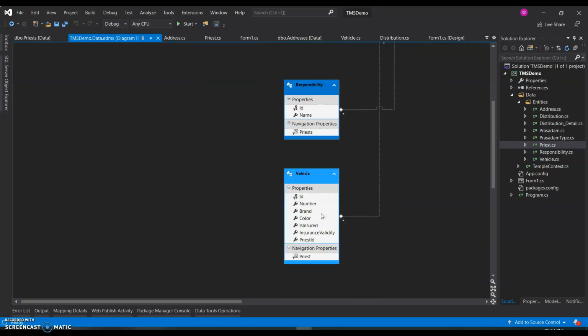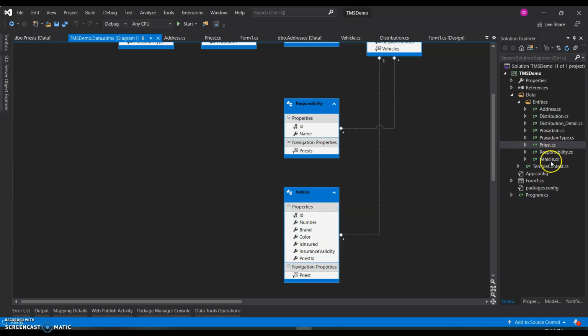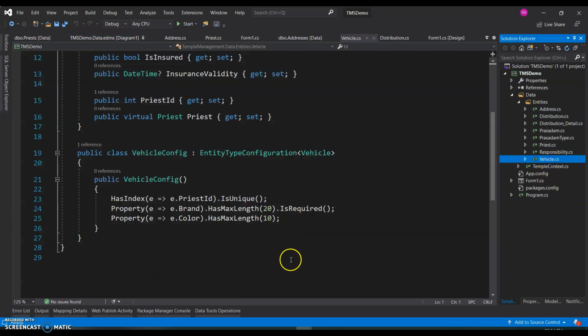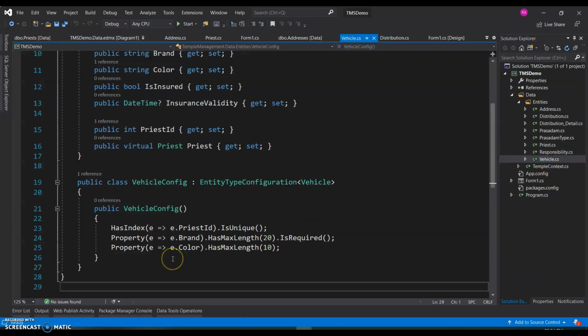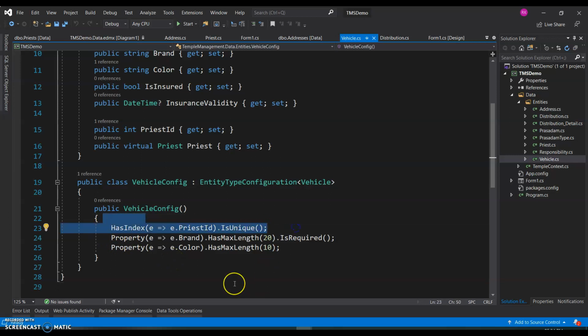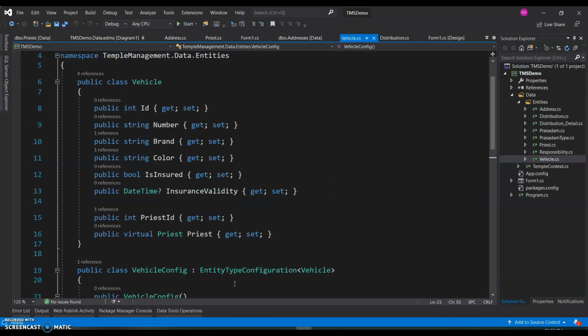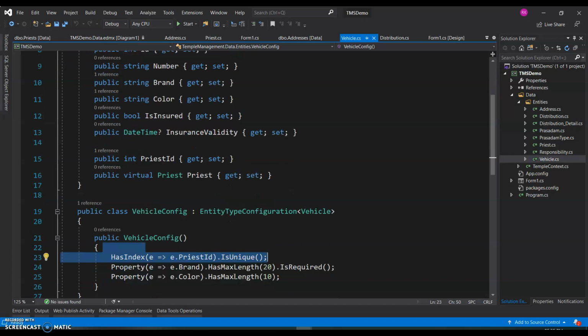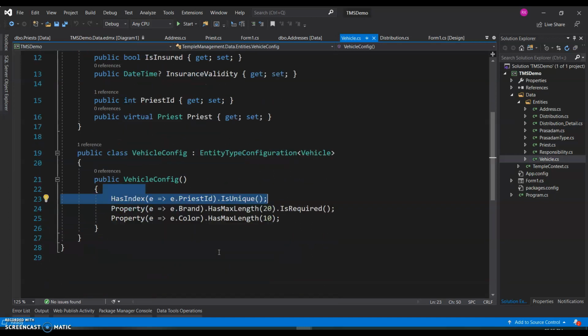So how would I do that is, in the vehicle entity, all I have done is to make the priest ID unique. So this way, if you try to insert or capture another vehicle for the same priest, the database will throw an exception that the priest ID has to be unique.